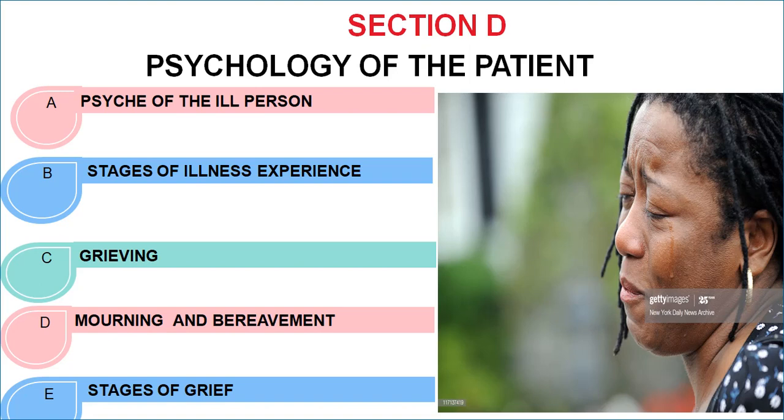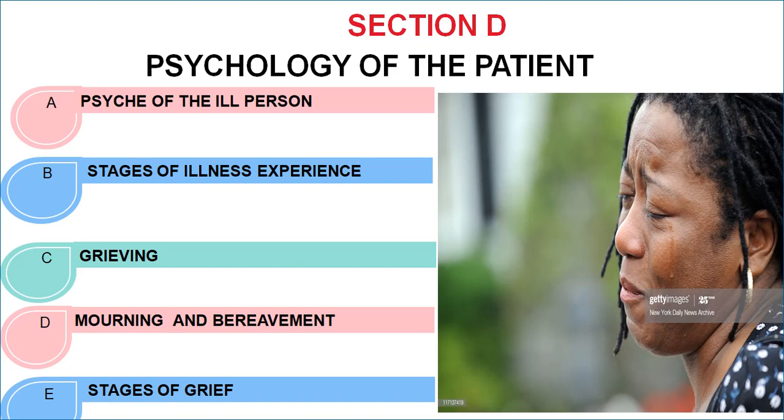So you can have a patient that was very lovely and friendly with you in the pharmacy, and all of a sudden this patient changes completely. We don't say that the patient is overpampered or attention seeking, but we are supposed to understand what is happening and how the patient is thinking. That's going to be the psyche of the ill person.